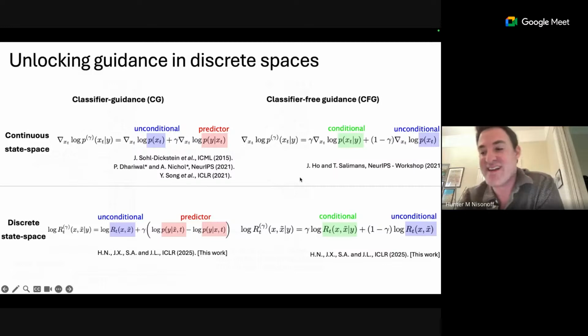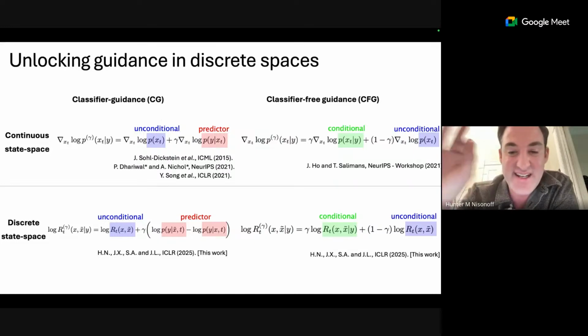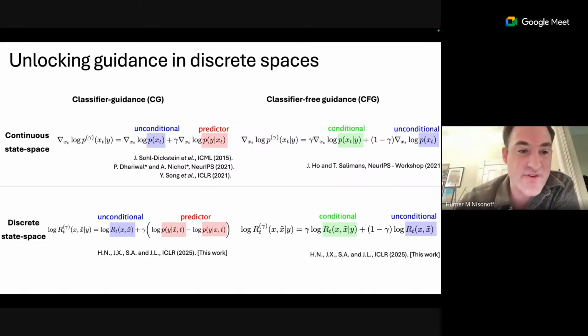And that's, now I know we're up on time, but this is basically the final punchline of the paper: in continuous time, Bayes' rule becomes tractable to compute, which means we can define analogous classifier guidance and a related class of methods that I didn't talk about today called classifier-free guidance. We can define analogous equations which have been formulated for continuous state space diffusion models. And we have our own set of now tractable exact equations for classifier guidance that we can use for discrete